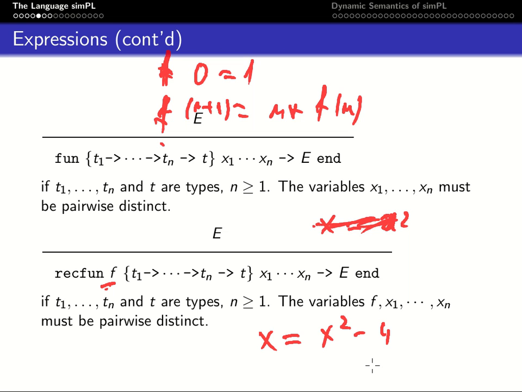This is an equation. You can find the value of x. This is a very specific kind of equation. It's called a fixed point equation. And fixed point equations we can solve in algebra. We can solve them in an